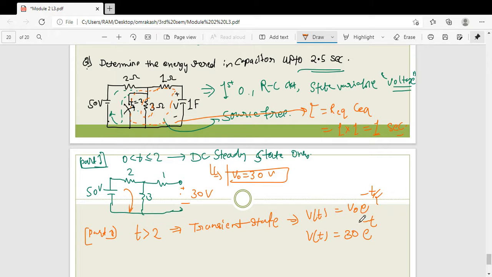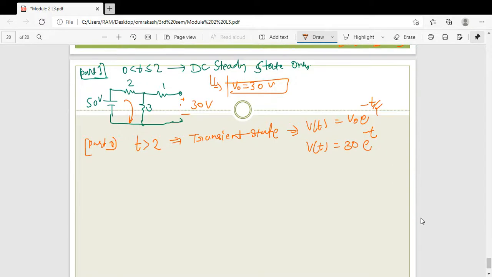Now, see, this is only for t equal to 0, an instant of time. But here we take time for t greater than 2. So delay happens here, and you have to consider that delay also. So in the place of this t, you have to put t minus tau, t minus 2, and tau equal to 1.